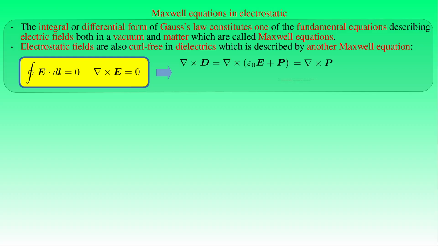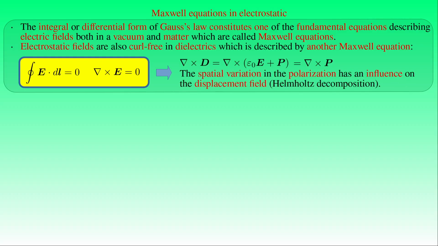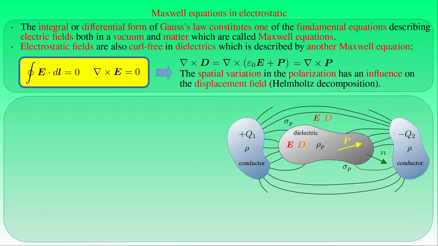This result indicates that the spatial variation in polarization has an influence on the displacement field, and as already stated, it is due to the non-curl-free part in the Helmholtz decomposition of the vector field of polarization. If we want to illustrate a general situation in electrostatics, then we can consider an arbitrary set of conducting bodies